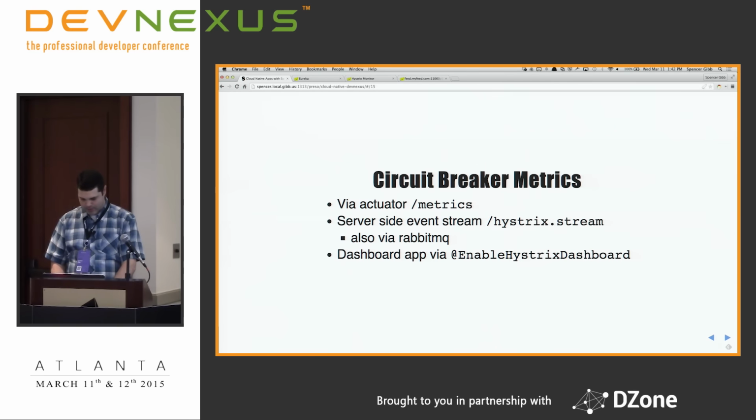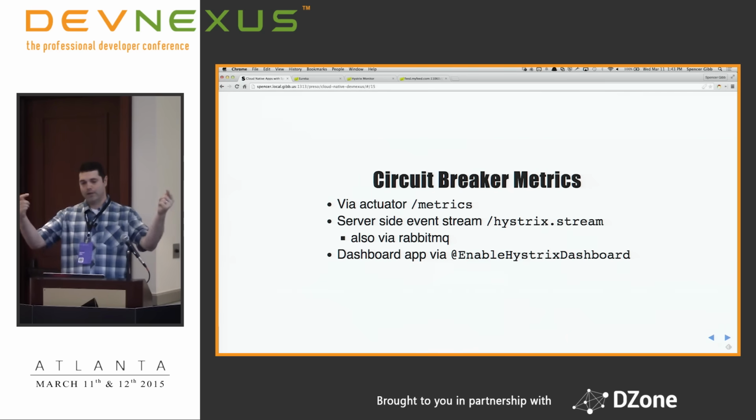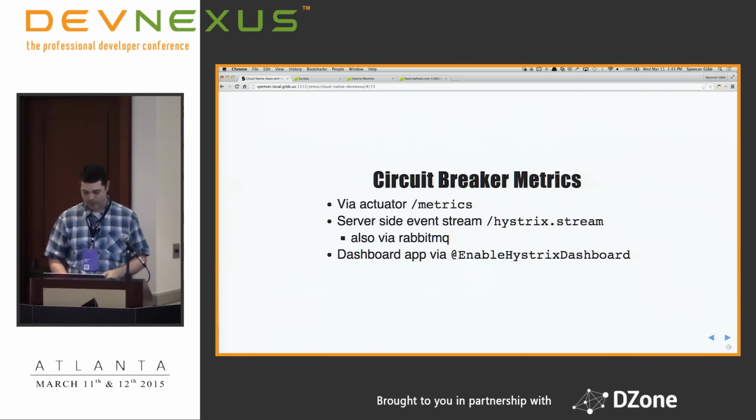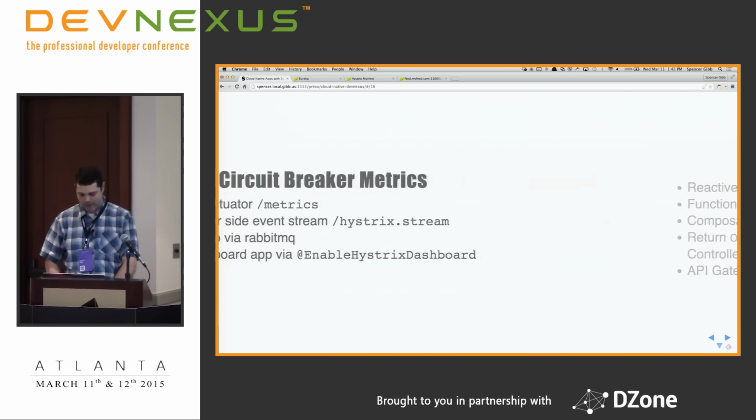I've showed you the dashboard. We have been seeing that dashboard driven by an AMQP-backed queue of metrics, as opposed to the default way to do it, which is an HTTP stream of metrics, and Turbine connects to every single instance. And so once you get up to a certain point, we were dealing with this in Cloud Foundry that doesn't let you address individual instances anyway. So there are different ways of connecting that.